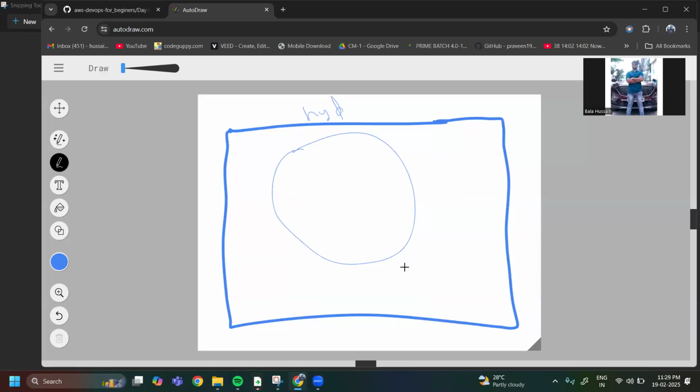We create the VPC based on an IP address range. So this is the VPC, and we have project A, project B, and project C. These are the three projects we have.